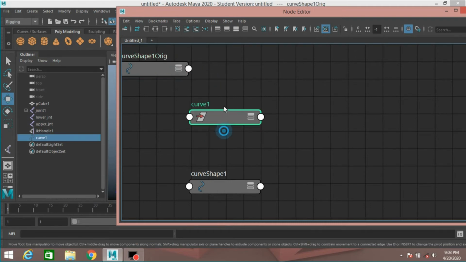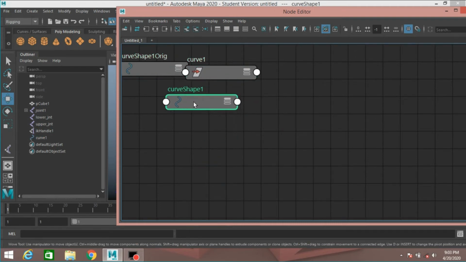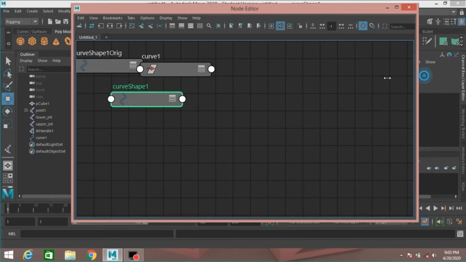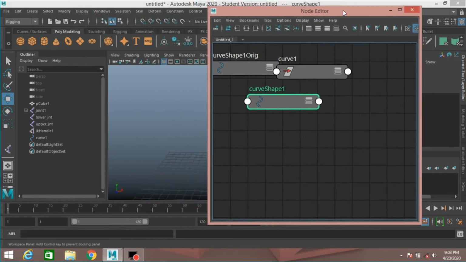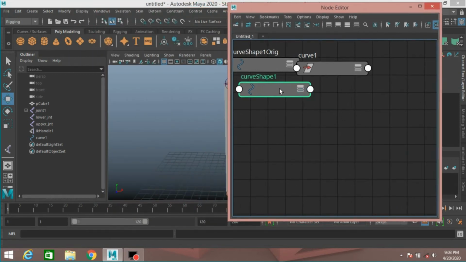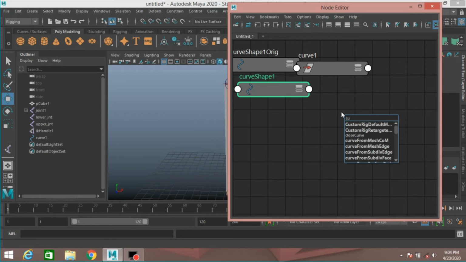Curve shape. Put it here. Press tab key on your keyboard and type curve info.